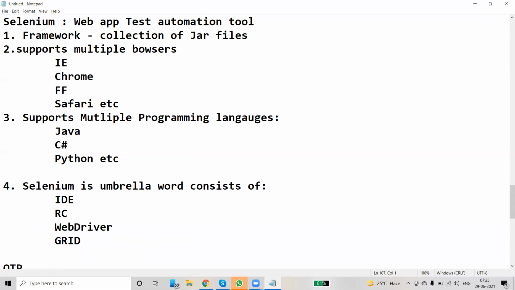So it's a collection, a suite of software. Each software was developed with a different objective. What is IDE? Integrated Development Environment. It's useful to record and playback the scripts.